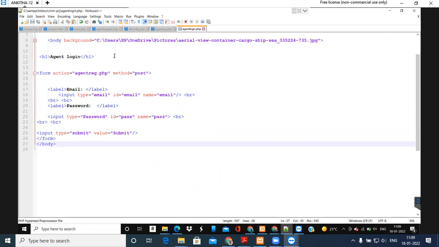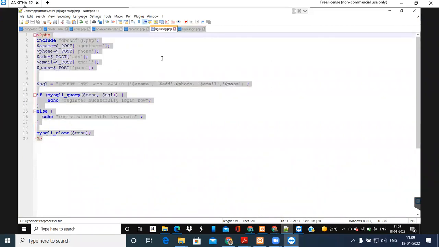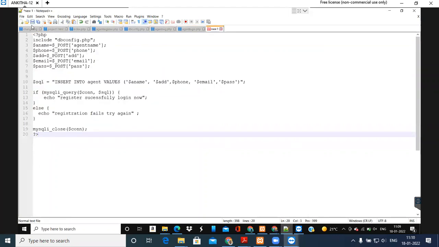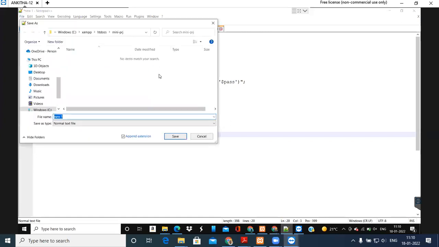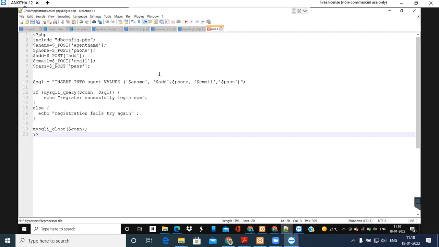So in login, we are not going to insert, we are going to check whether the data is present or not. Okay. So for that, you use the same code, Control A, Control C, you create a new file. Okay. And then you save this as a login.php.